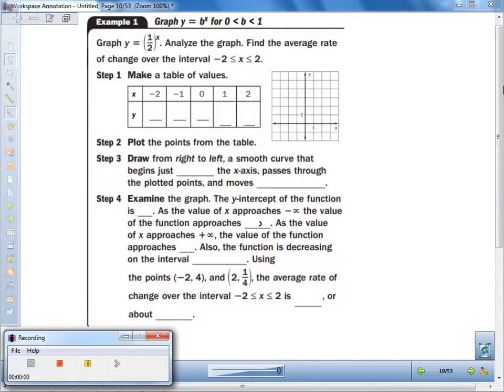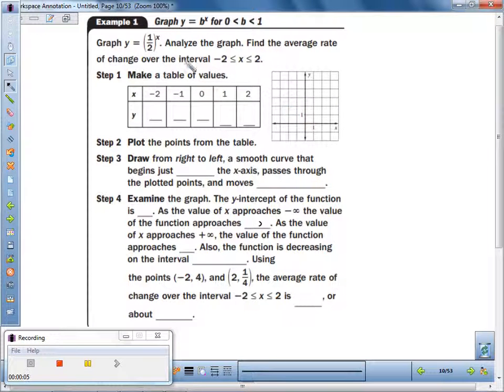Right here we're looking at an example of a decay function. Now it's a decay function because the base here is 1/2, so that's between 0 and 1, so it's a decay function. Now what we're going to do is plot points and see what our graph looks like. Now if I plug in